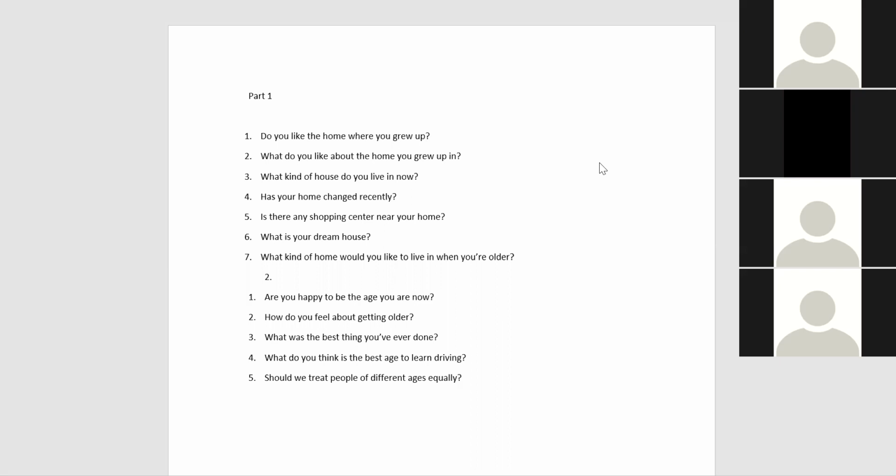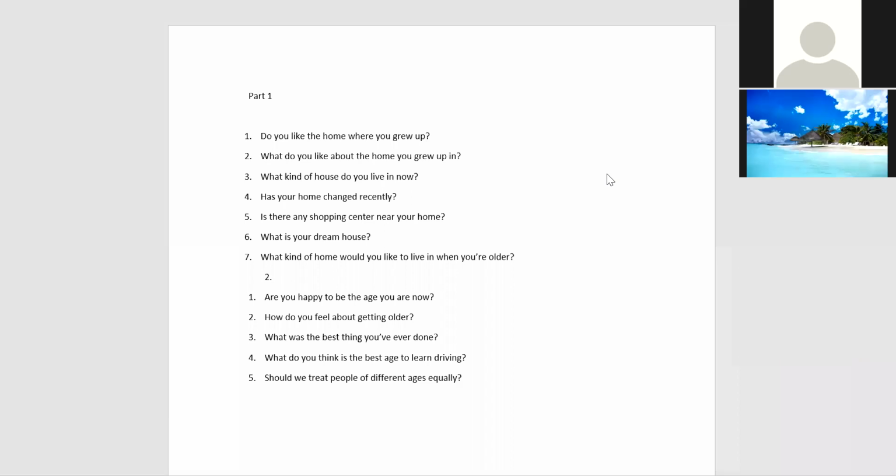So, Sheetal, there is one thing I told you: never start the sentence with "in the home." Always start with the subject. So if you're saying the backyard or the front garden, start with the subject here, right? Okay. Any other person, what do you like about the home you grew up in? I'm expecting quick answers for these ones. These are very simple general questions.